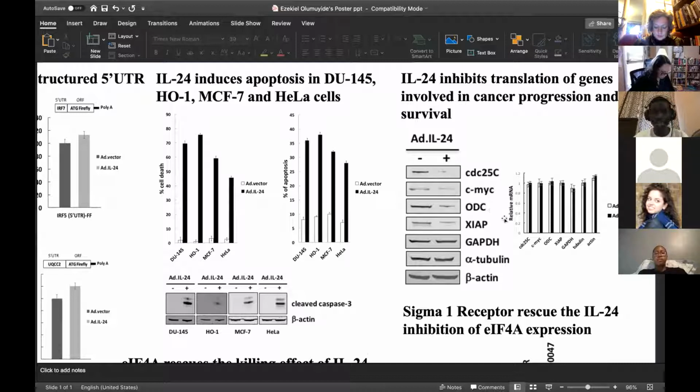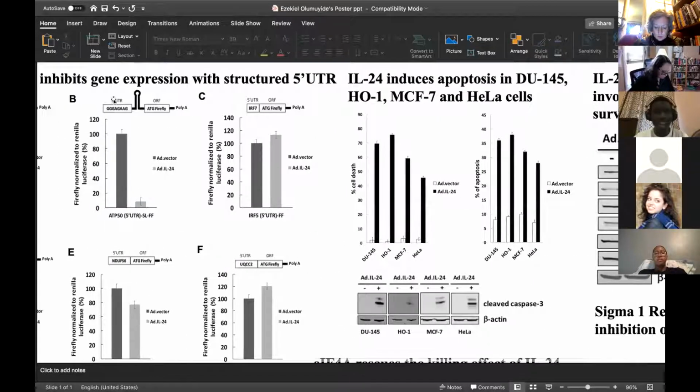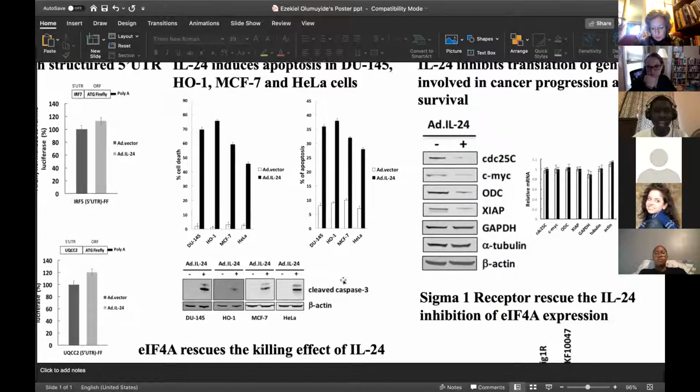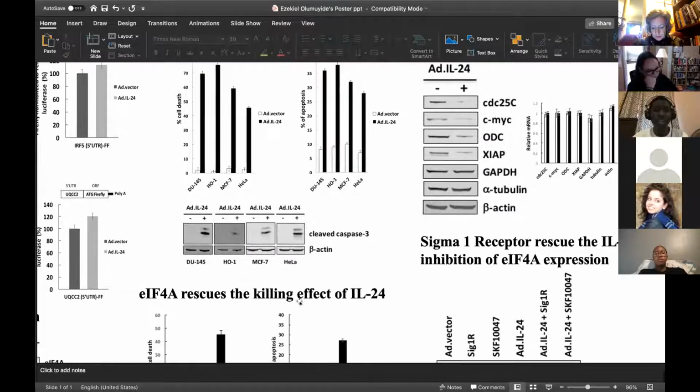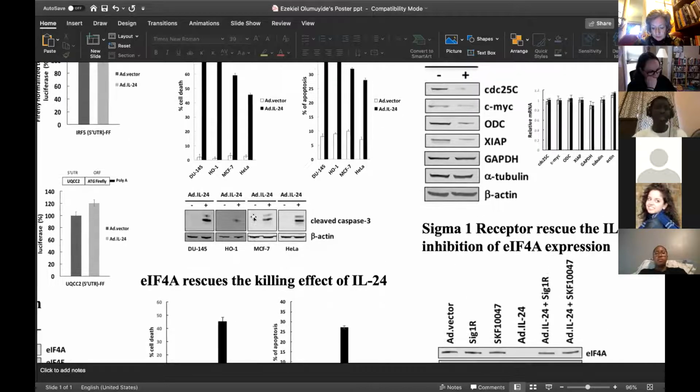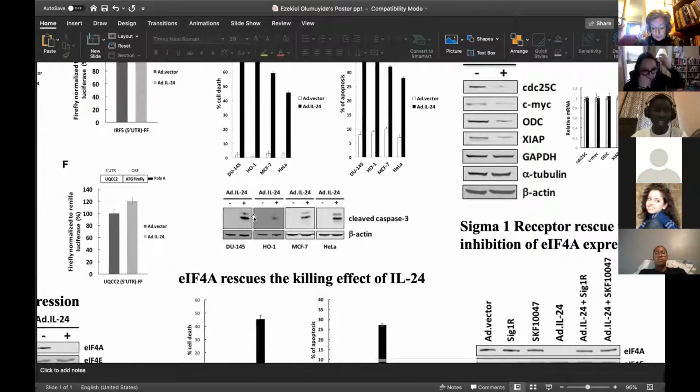And all these proteins have, in the mRNA, this secondary structure. So it does correlate with our data that interleukin 24's mechanism of killing